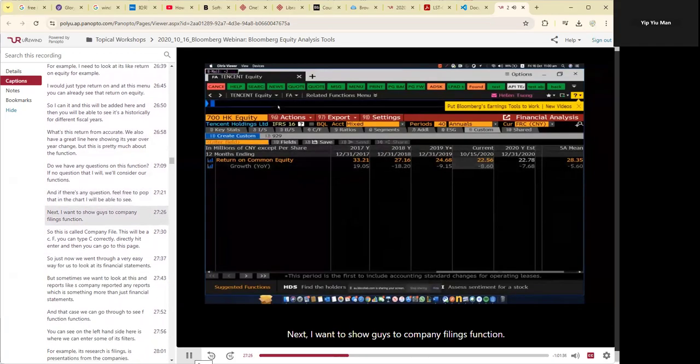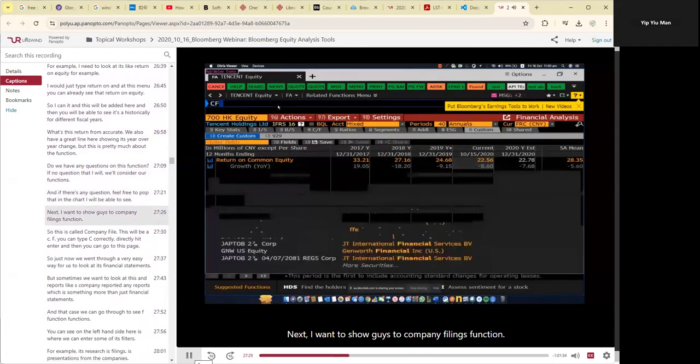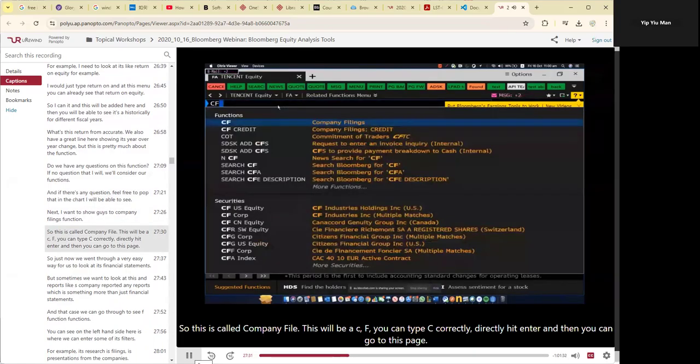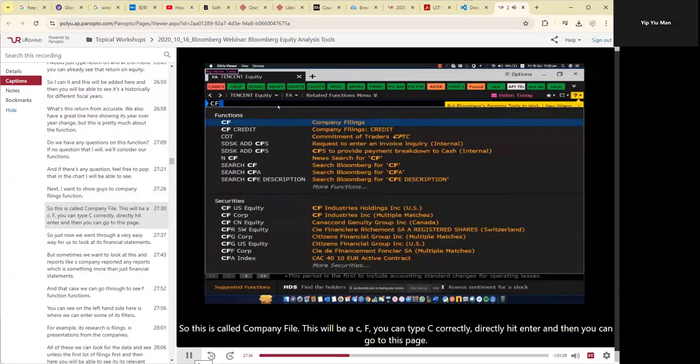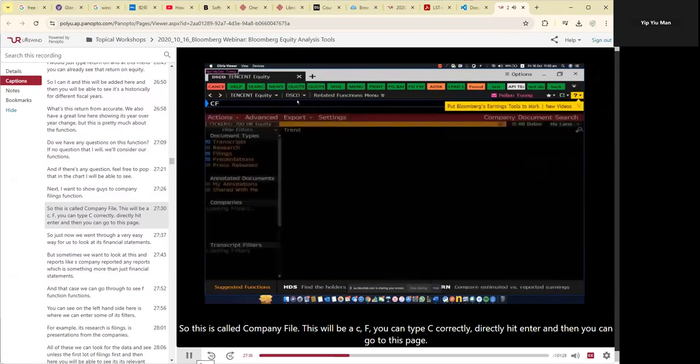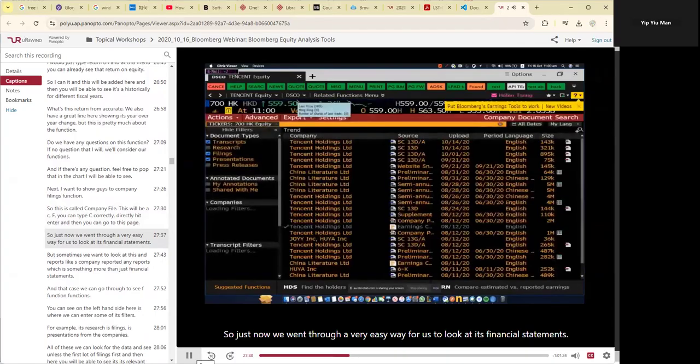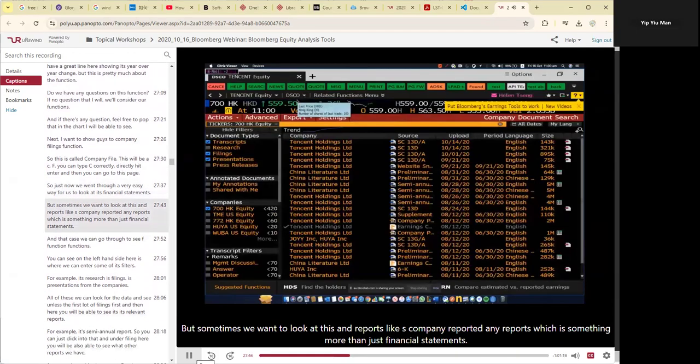Next, I want to show you guys the company filings function. The function is called company filings with shortcode CF. You can type CF directly, hit enter, and then you can go to this page. Just now we went through FA. It is a very easy way for us to look at its financial statements. But sometimes we want to look at its company reported annual reports, which is something more than just financial